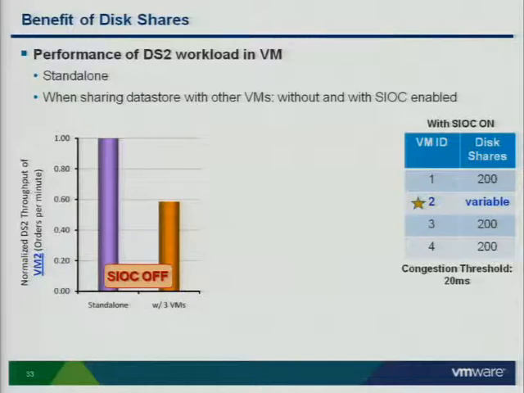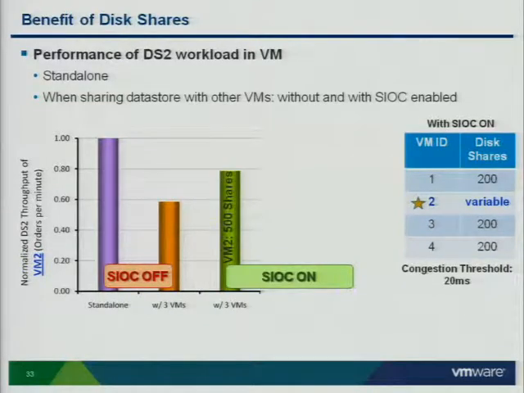Shares were set on all the VMs. The other 3 VMs were given 200 disk shares, but the disk shares of the critical VM was varied. I'll show you the effect of setting disk shares on the critical VM and how it improves performance. In the first case, the critical VM was given a 500 disk share, and storage I/O control immediately detected that there